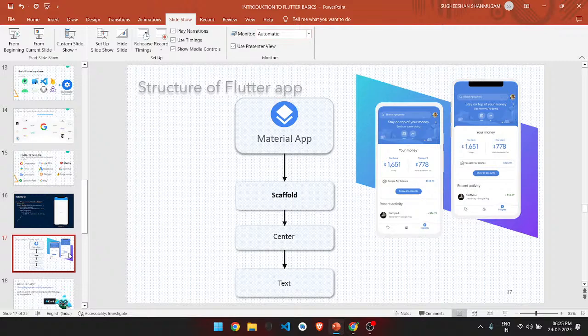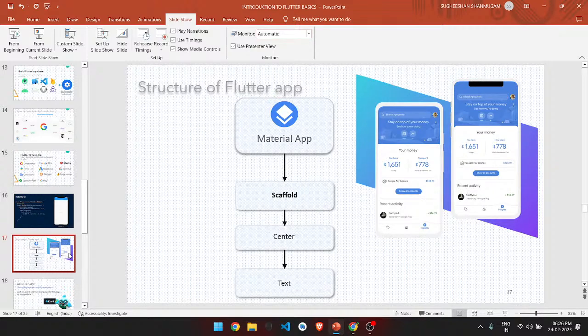So the material app consists of everything: the texture, the paintings, the widgets, the individual components inside the application, in such a way that it is organized in a perfect manner and it is flexible for individual platforms. Like it should be flexible for iOS. When it is changed into an Android application, it should be completely adaptive to Android. Since there are various different Android mobiles, it should be adaptable to their size and structure. So that's the material app. The material app is the important aspect of a Flutter application.